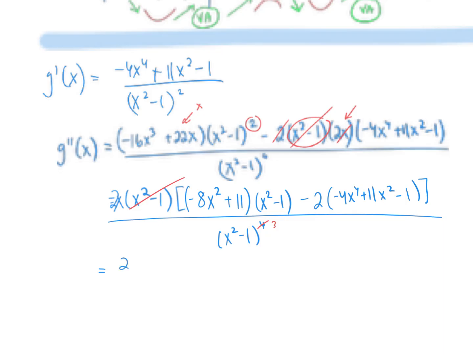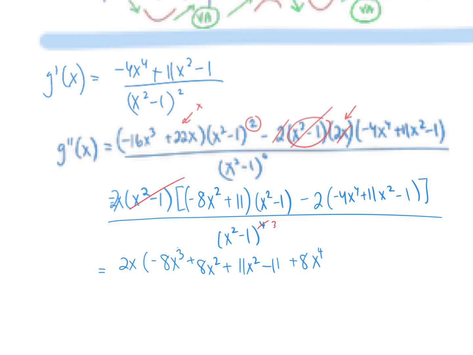So now I'm just going to clean up on top. So there's the 2x. Now I'm going to distribute negative 8x cubed plus 8x squared plus 11x squared minus 11,